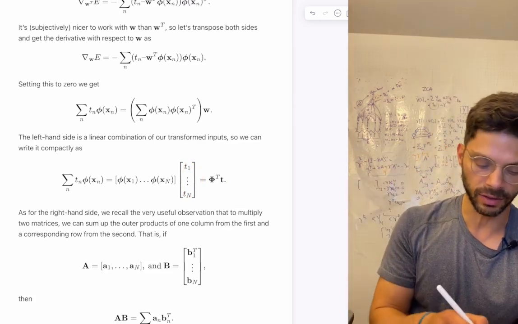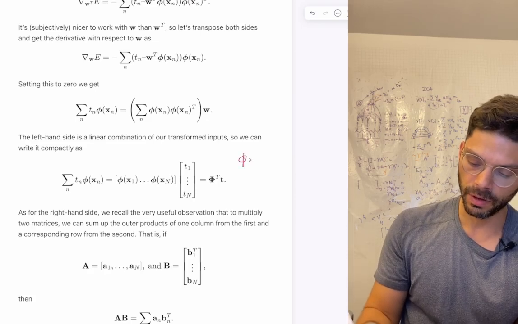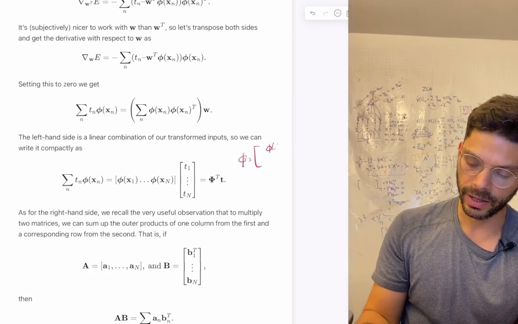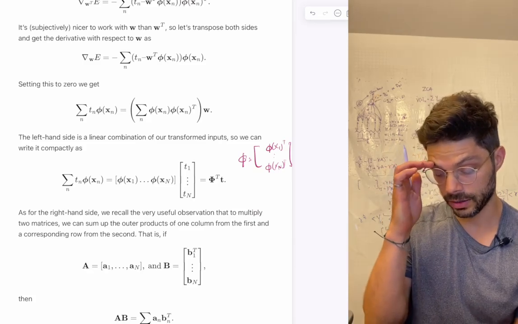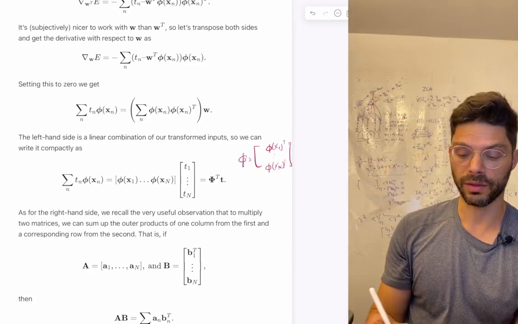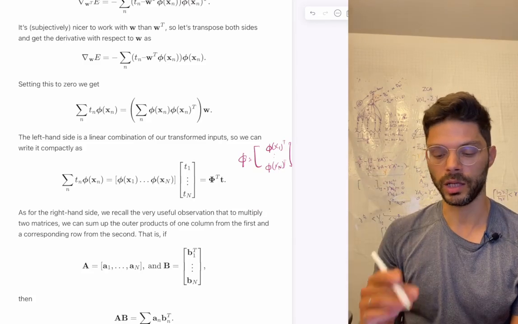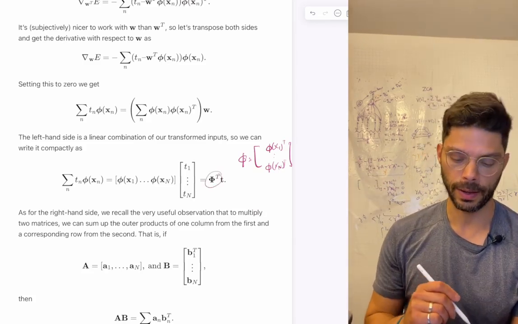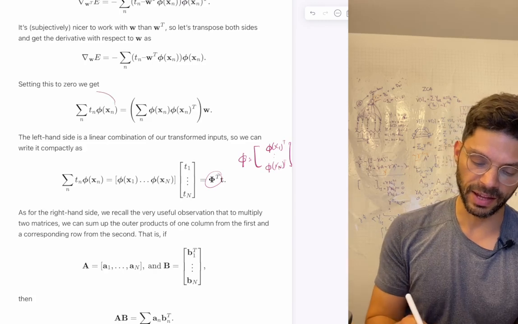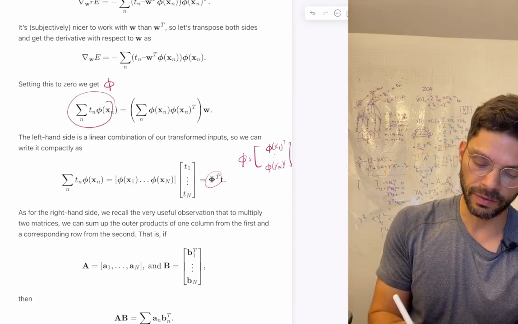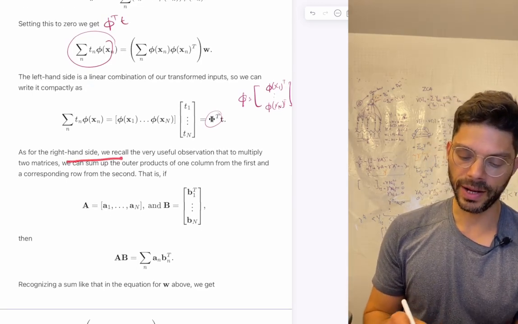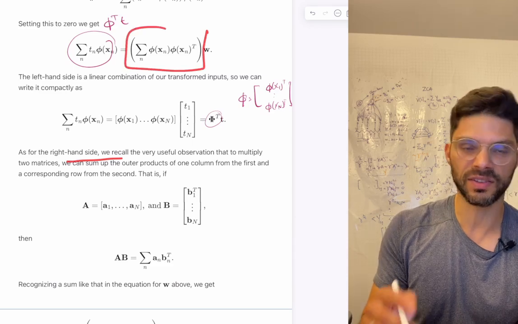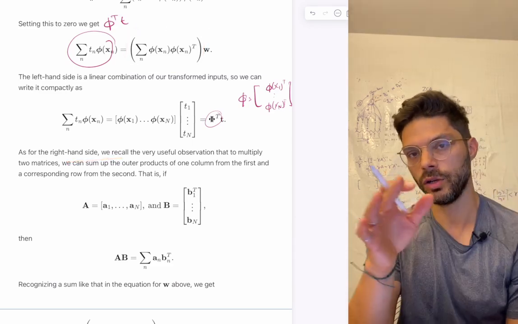Remember, our design matrix phi looked like phi of x1 transpose all the way to phi of xN transpose. Well, what we've got here is the phi's not as rows, they're columns. So it's the transpose of this matrix that's showing up. So this left-hand side just becomes phi transpose times t. As for the right-hand side, what is this thing? We've got a sum of, and this is a very useful trick to know,